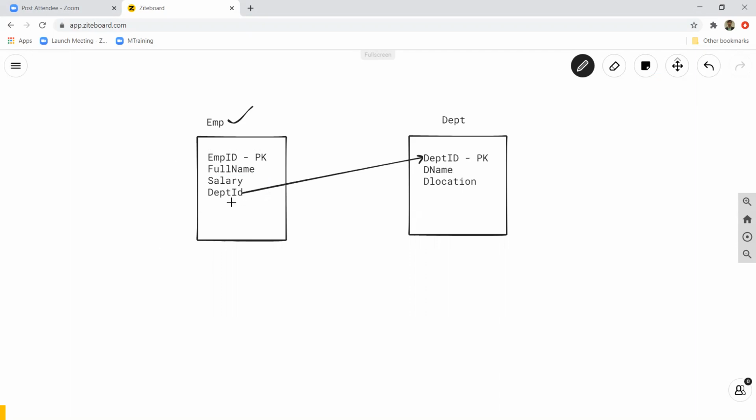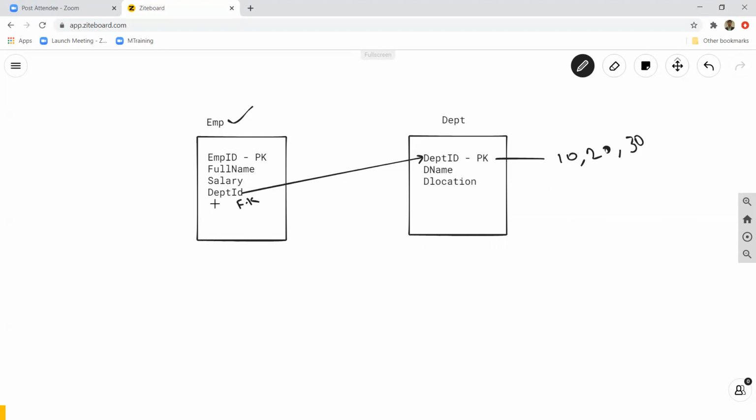And when we say this department ID is defined as a foreign key, it is referencing the primary key of another table. So what's the meaning of this? This is how we define a foreign key, first of all. In the department table, department ID is the primary key. For example, it has some values, like 10, 20, 30, and it can have some department name and department location.